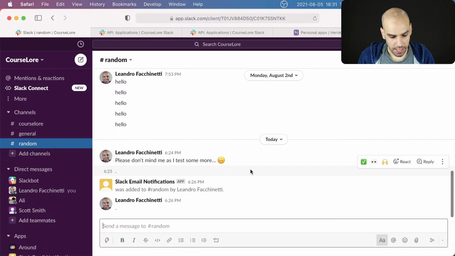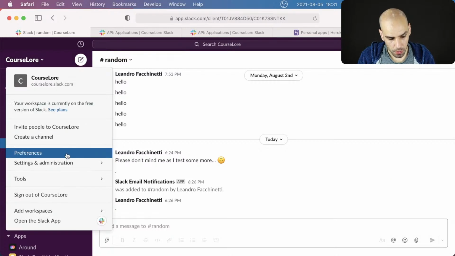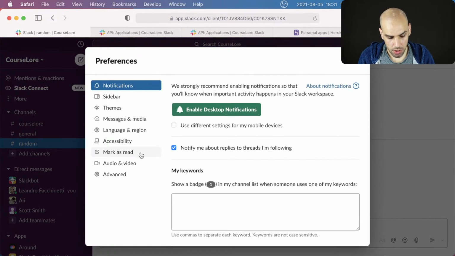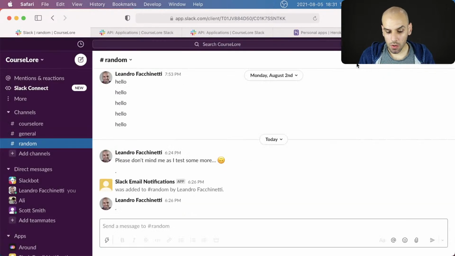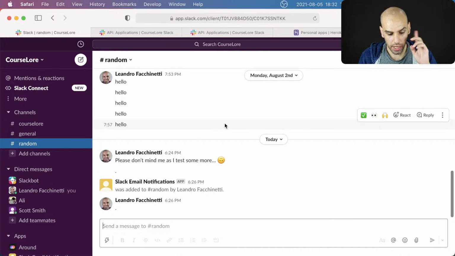If you use Slack, you can come here to preferences and notifications, and you can enable notifications via email if you receive a direct message, a personal private message, or if someone mentions you on one of the public channels and you get an email for that. Other than that, if someone is just talking whatever on the public channels, you will not get an email notification, and there is no way to enable this kind of notification, which is super important for me because I don't want to monitor the chat on my day job.